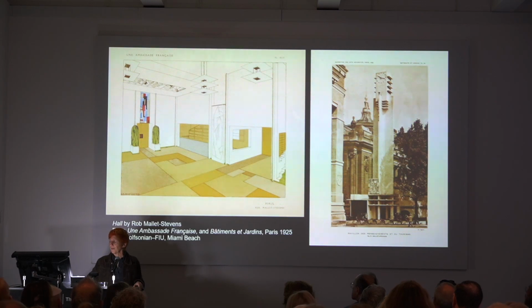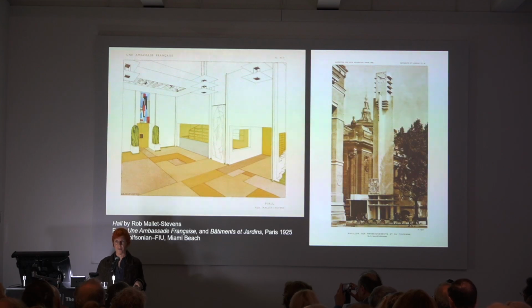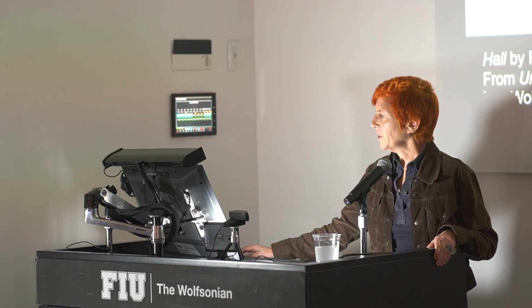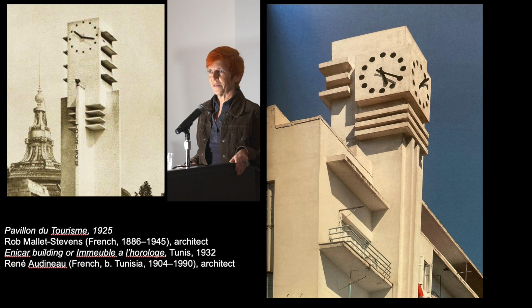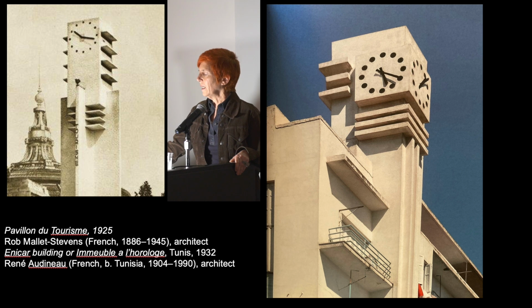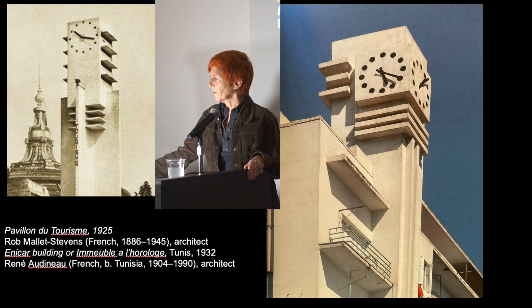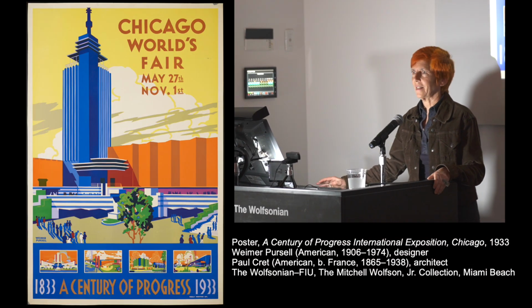Next to the Ambassade Française, you can see the hall that he designed, and the pavilion of tourism that he designed, and you can see how it stands out next to the other buildings of the expo. And this motif of layered forms you can see in other Art Deco buildings. This is the Clock Building in Tunis by a French architect who is definitely inspired by Mallet-Stevens's pavilion of tourism. And again, the same element